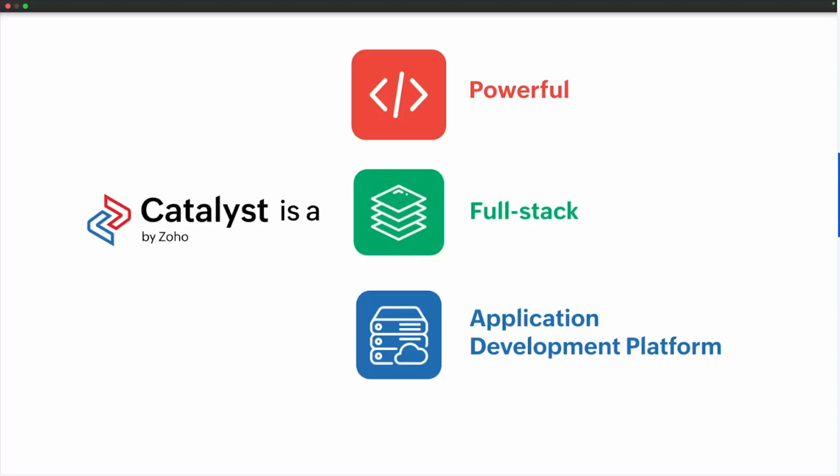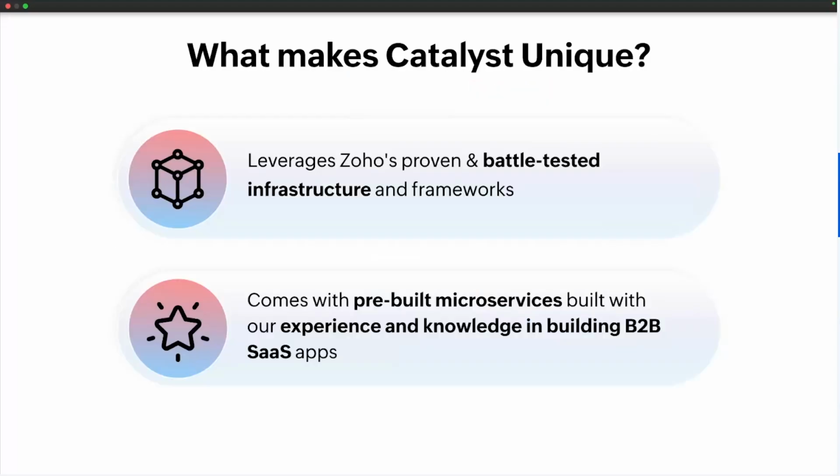So what sets Catalyst apart is its foundation on proven technologies already deployed within Zoho's ecosystem of products, like the tech stack that we just saw. So this means that developers like you can build on a trusted and battle-tested infrastructure, ensuring reliability, performance, and security. So by offering these tools, we invite the broader developer community to innovate and create solutions on a very solid and versatile platform. Now, let's take a look at some of the services that we offer today